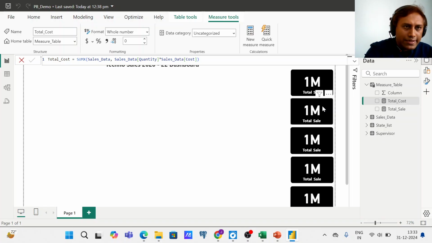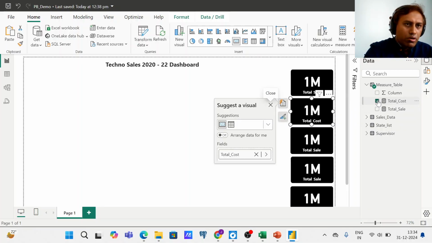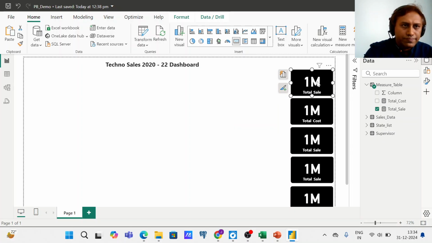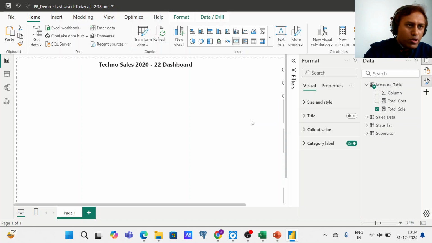Now let's do one thing. Let's select this visual, and look at this, total sale is selected, right? Because we have copied that. So uncheck that and click on total cost. Okay, now it is showing the same 1 million, maybe because this is showing an approximate value. So what I'll do, go to this, okay, I'll format this again. I'll format more, go to more options,